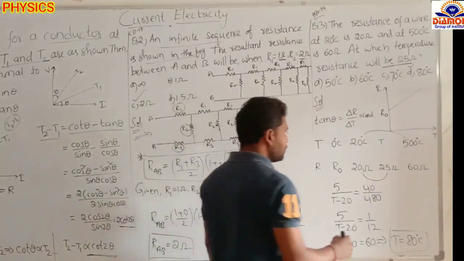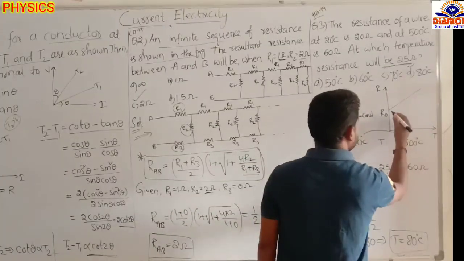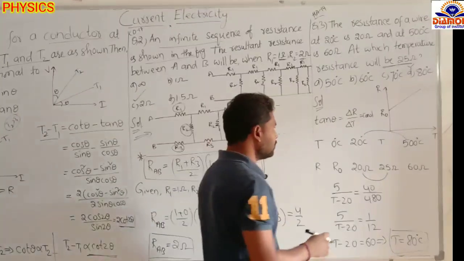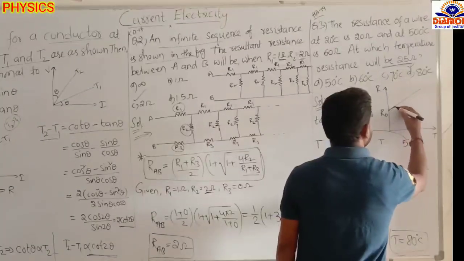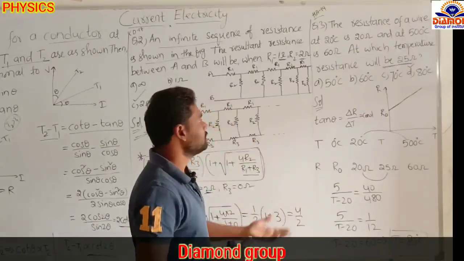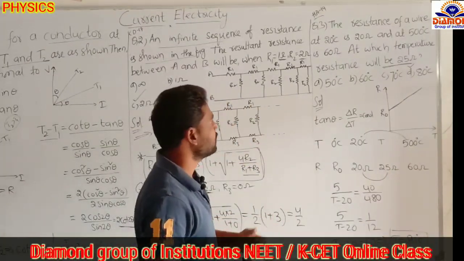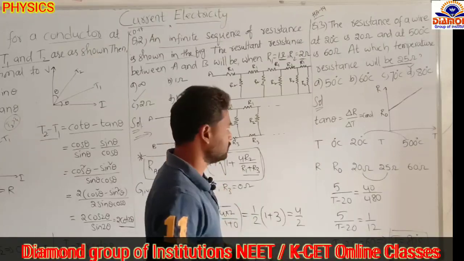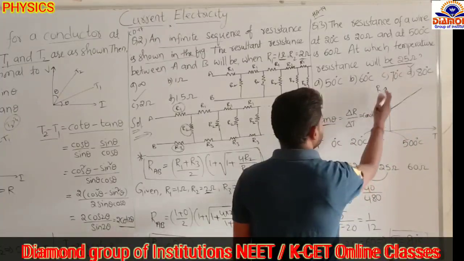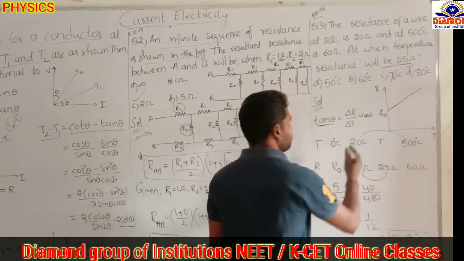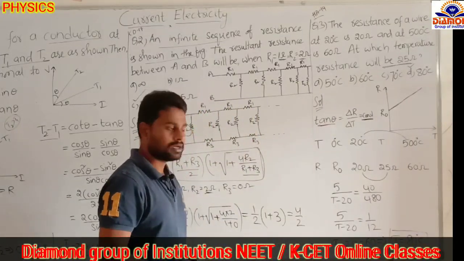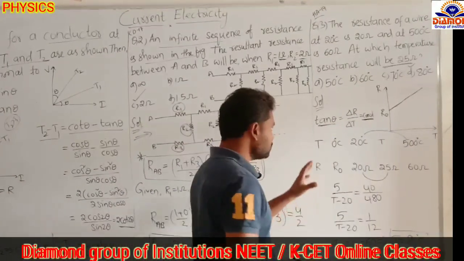Suppose if we draw the graph between the resistance and the temperature, at 0 degree it has some resistance R naught. Then if we draw the graph, it is nothing but linearly increasing. That means if the temperature increases, resistance also increases in the conductors. Already we saw in the first question. Then the slope of this graph, tan theta, equals the change in the resistance by the change in the temperature. We will get the constant, del R by del theta equal to the constant. Okay, so we can do this problem very easily.